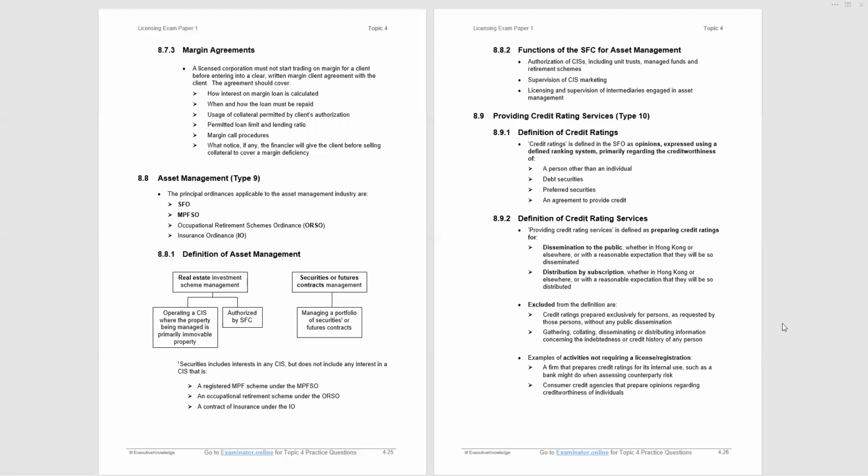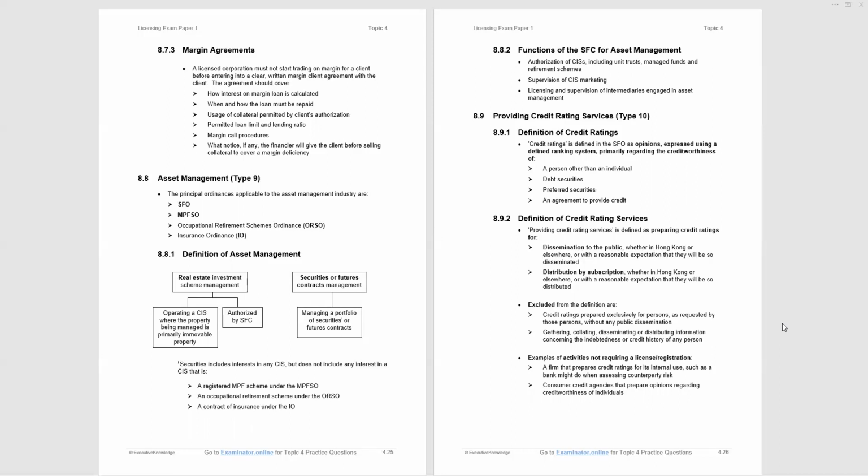Securities and futures contract management is by far and away the most common in Hong Kong. We certainly have REITs and they're listed in Hong Kong. But the securities and futures contract management is the managing of a portfolio of securities or futures contracts. Now, with regard to asset management, we're told at the bottom of page 4.2, securities include interests in collective investment